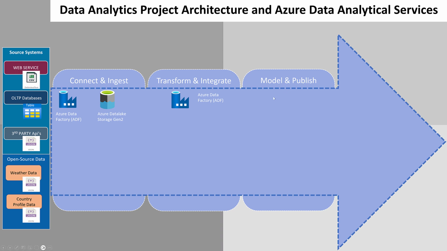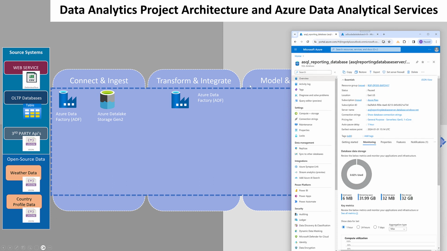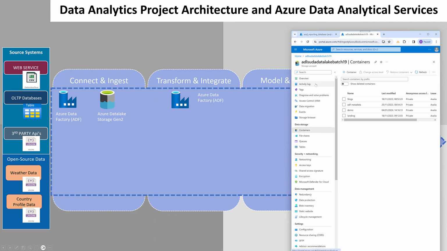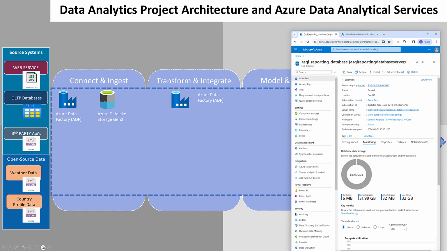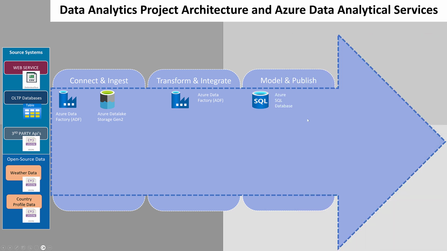Again, we need a storage service here because we need to store this transformed data in this layer. There are two choices we have got. The one is Azure SQL Database. We can store the data in tabular format in this database. We are going to use this one. The other one is the same Azure Data Lake Storage Gen 2. I will explain in detail in which scenario we will use the SQL reporting database and Data Lake Storage. So we are going to use Azure SQL Database and Azure Data Lake Storage to build our final data